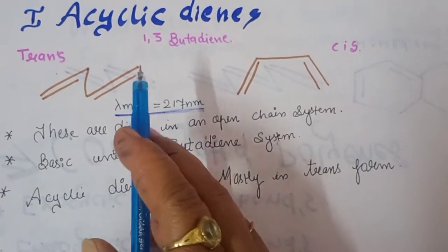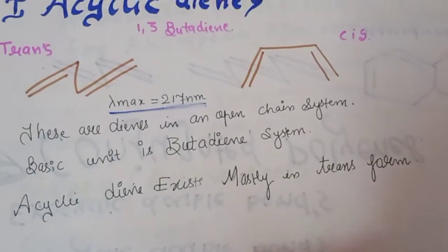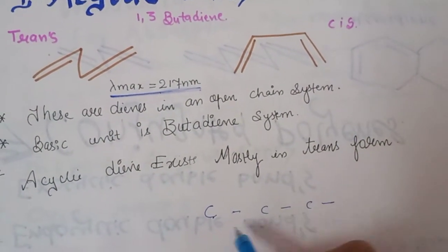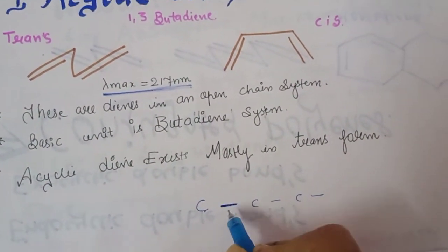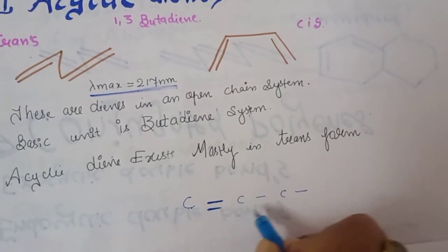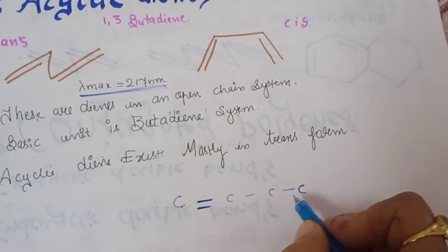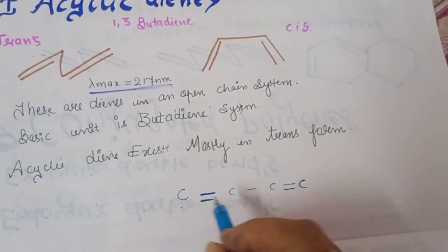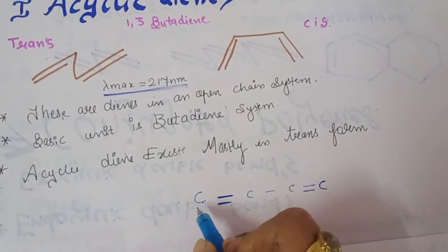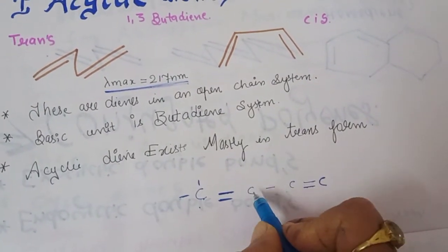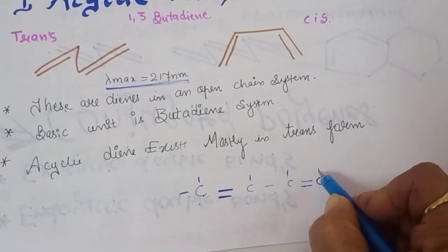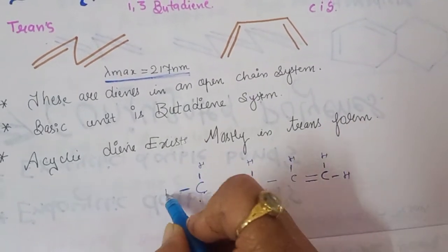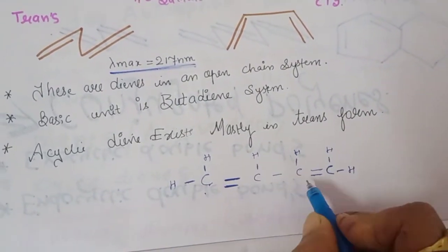So for writing 1,3-butadiene, I can explain many times. If it is but, means 4 carbons are there, 1 2 3 4. So 1,3 means first you have to make a double bond after the first carbon, then the third. So there will be a double bond at the first carbon and the third carbon. This system will be our 1,3-butadiene. You can complete the rest of the valencies; here you can just put the H. So it will be CH2 double bond CH, single bond CH, double bond CH2.